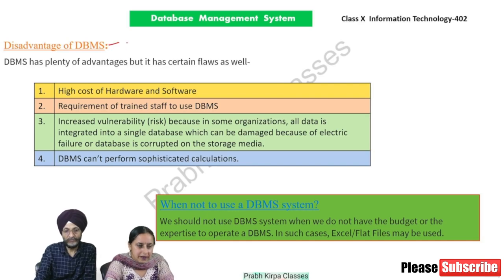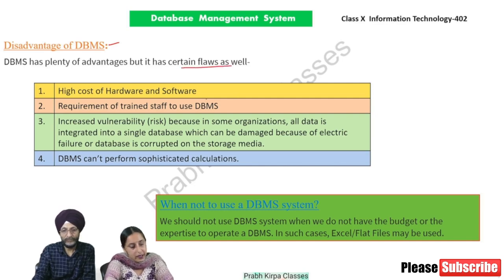Disadvantages of DBMS. DBMS has plenty of advantages, but it has certain flaws as well. Number one, high cost of hardware and software. Number two, requirement of trained staff to use DBMS. Third, increased vulnerability, because in some organizations all data is integrated into a single database which can be damaged because of electric failure or database is corrupted on the storage media. Fourth, DBMS can't perform